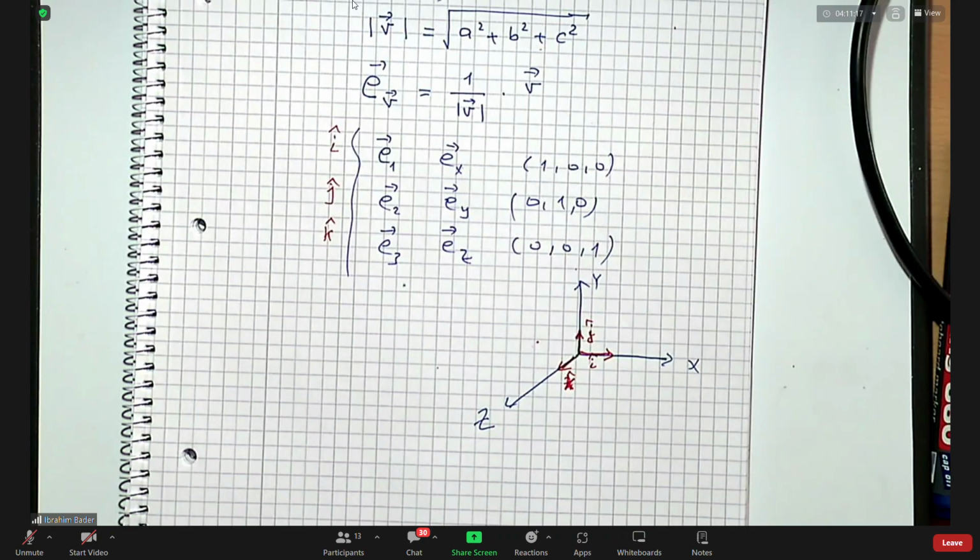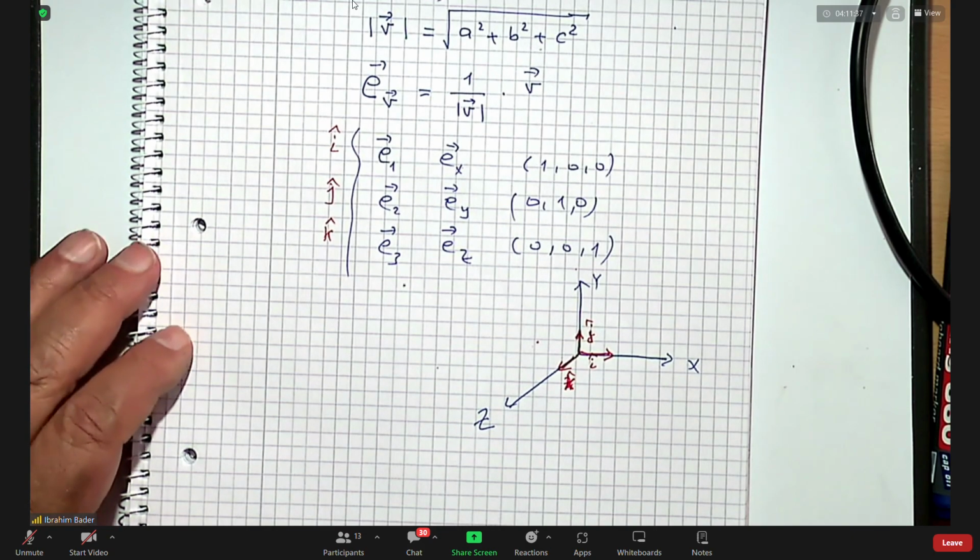I will get to them first, because we didn't include the